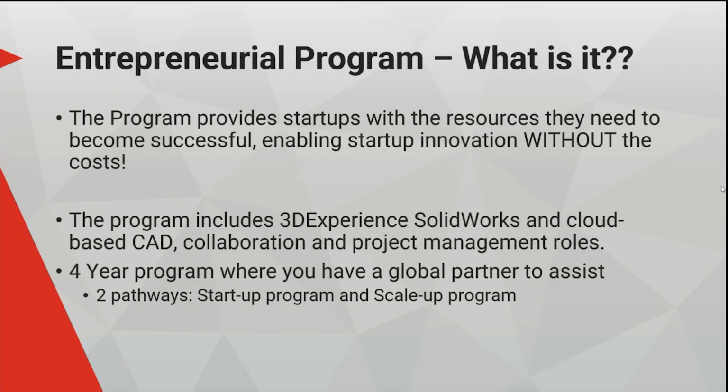The entrepreneurial program focuses on giving startups a boost. In short, it will give you the tools you will need to enable innovation and growth. In the beginning, there's not always the finances to maybe look at a full design program, and that is where the entrepreneur program is very beneficial. It gives you the tools to start a business with your idea, giving you the capability of growing this idea